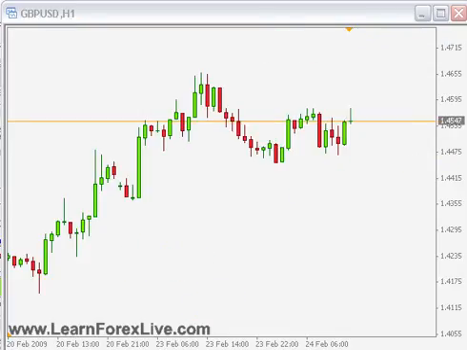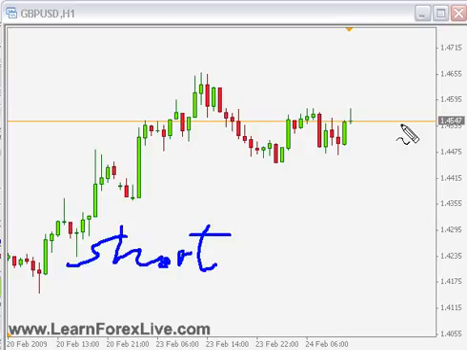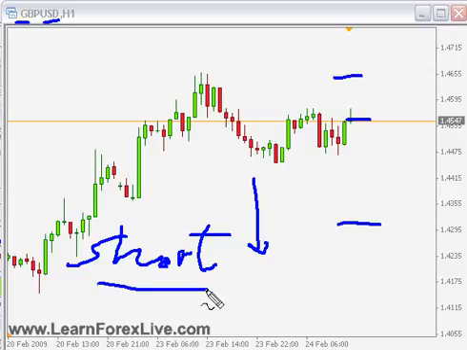Obviously, if instead of going long you went short, and this was again your entry level, you are looking to sell the sterling pound, or you are expecting the sterling pound against the American dollar to go down, obviously your stop loss would be above current market price, and your target will be below current market price, because, since you go short, you are expecting the pound to lose value compared to the American dollar. Therefore, you expect price to go down, and if price indeed goes down, you would be in profits, therefore hitting